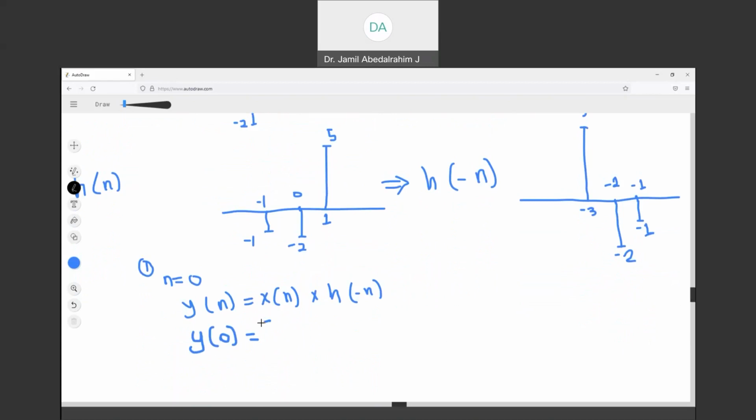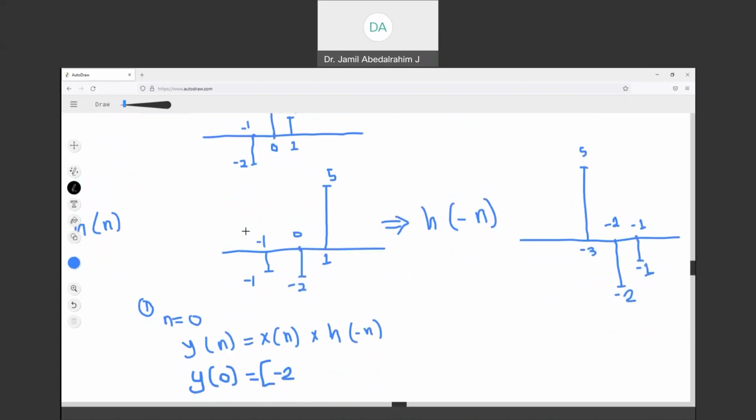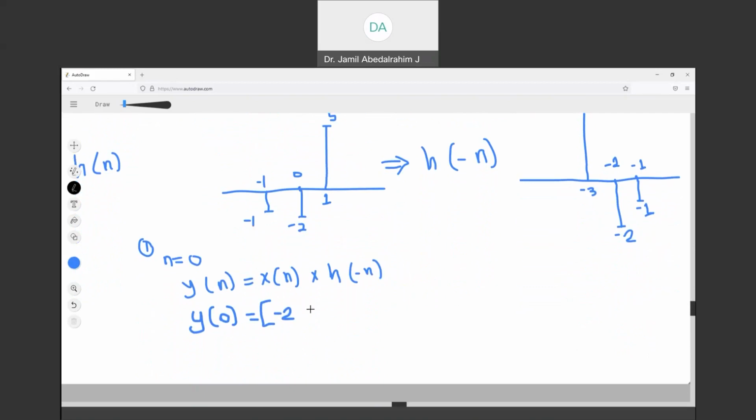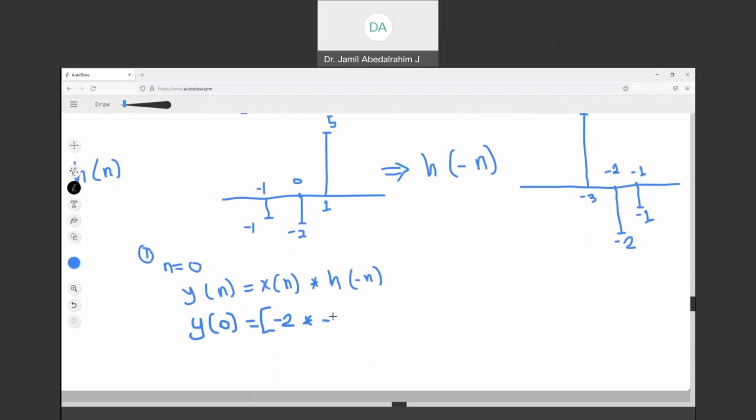Here will be negative 2, which comes from here, multiplied by negative 1, which comes from here, will be equal to